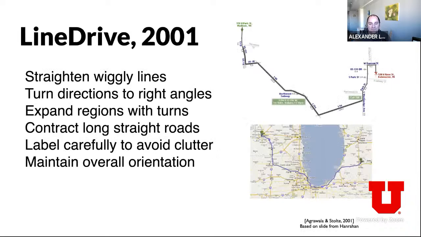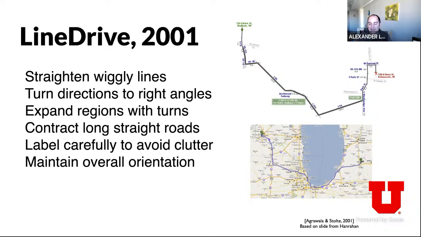This was a paper from 2001 by Microsoft Research. They asked, if I want to navigate from Madison to Kalamazoo, or however it's exactly called, what would be a human-like representation? And they came up with the solution that you can see here on the top, which expands regions where you have to make multiple turns, and then shortens regions when you're just going straight on the interstate. So it emulates human-like